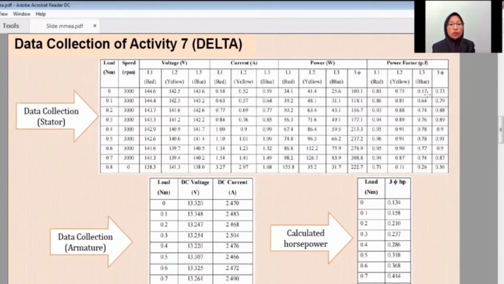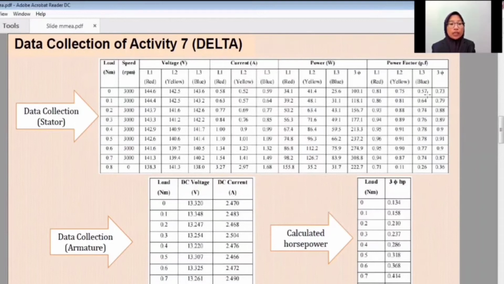Next, we continue to data collection of activity 7, which is delta connection. Same as the star connection, speeds are recorded at 3000 RPM ranging from 0 Newton meters to 0.7 Newton meters. For voltage, the values are taken in the range of 139 to 144 volts, while for current, the data ranges